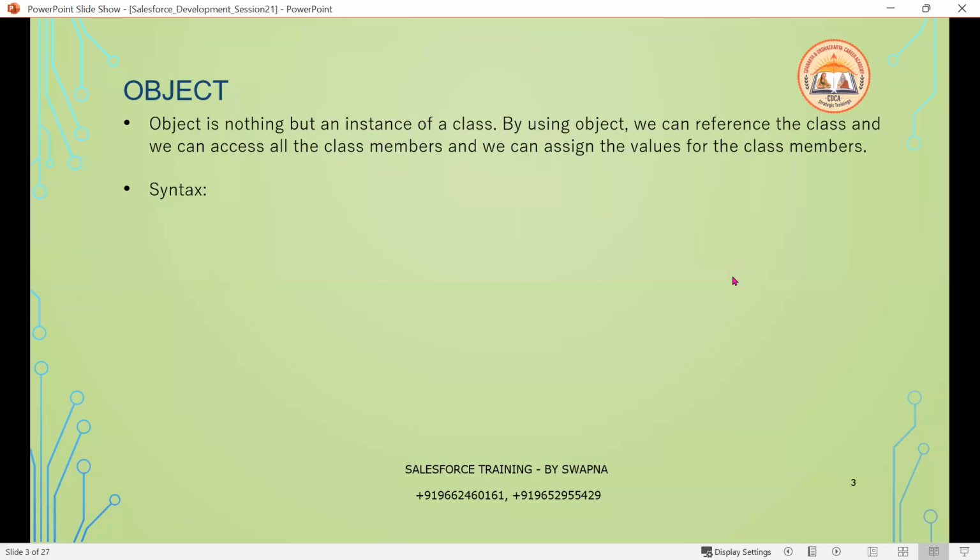Now, what is the syntax for the object? How can we reference the class? What is the way to execute it? The syntax is that we need to specify the class name, whatever the class is; Employee Details is our class. Then there should be a name for the object, which can be anything you like, followed by equal to